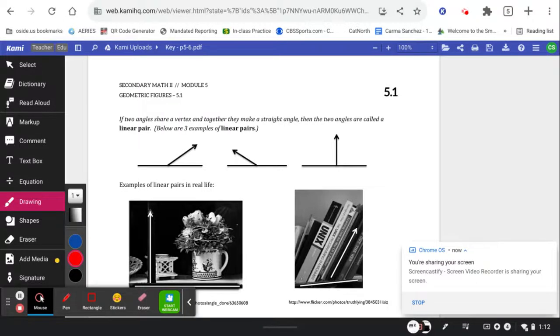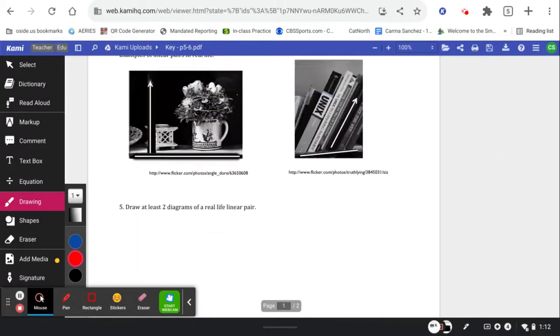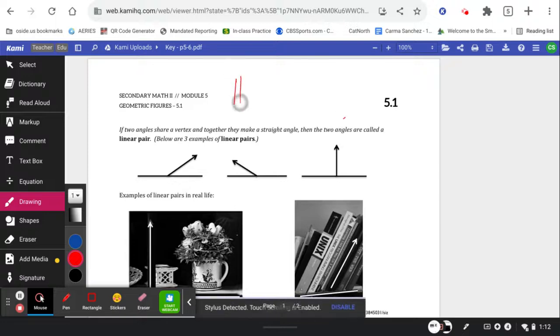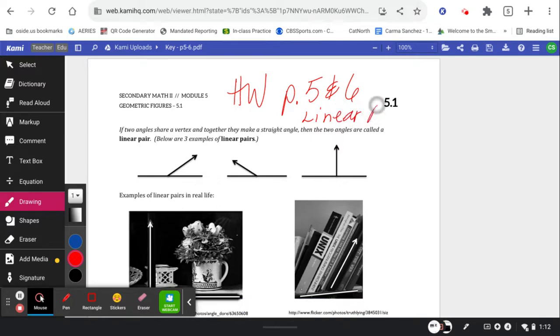Okay, we are starting on page 5 of the new packet. Homework tonight is pages 5 and 6 only with this new concept of linear pair. And technically, we were supposed to hear about linear pairs in Math 1, so I'm hoping it's not a brand new concept. A linear pair is formed when it's two angles on the same line,